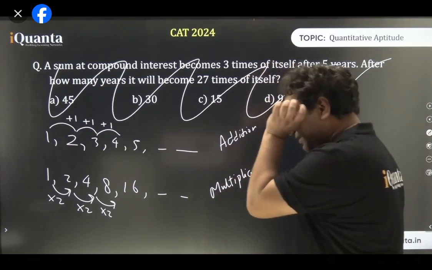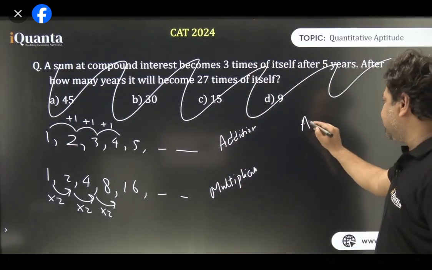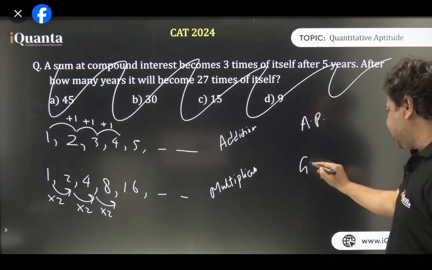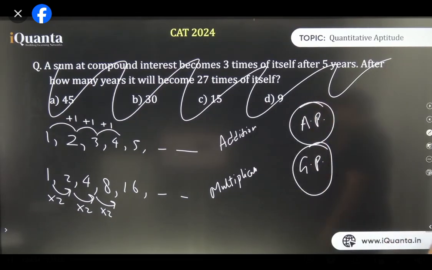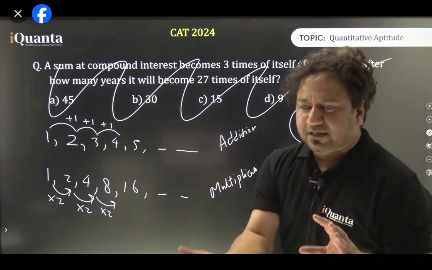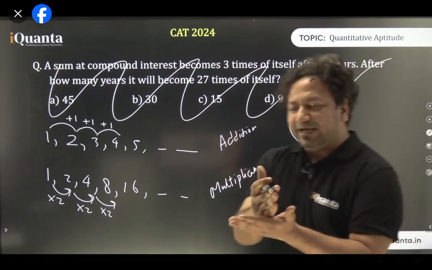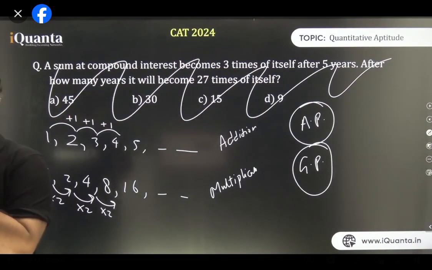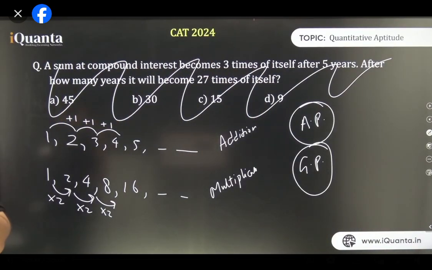By multiplication. Clear? The first series, found by addition, is known as arithmetic progression. The second, by multiplication, is known as geometric progression. All right? The first one resembles simple interest. So if you look at the amounts under simple interest, they are increasing by the same value. Remember that? In the first example, I showed you a table in which the maturity amount was 10,000, then 11,000, then 12,000, and so on. But in the second table, it was 10,000, then became 11,000, then became 12,100, then 13,310. This is what is happening. So the first series was AP, the second was GP.